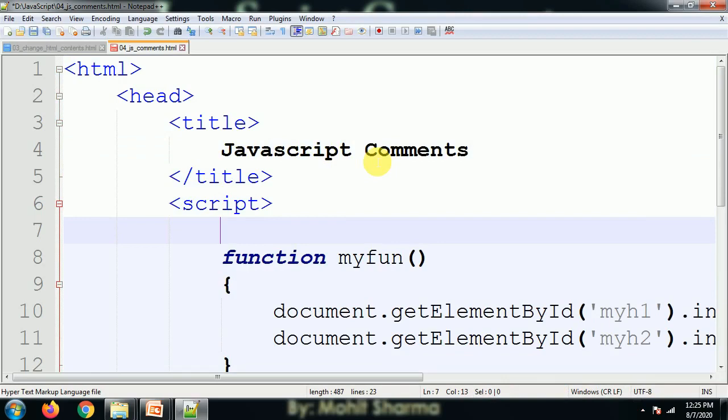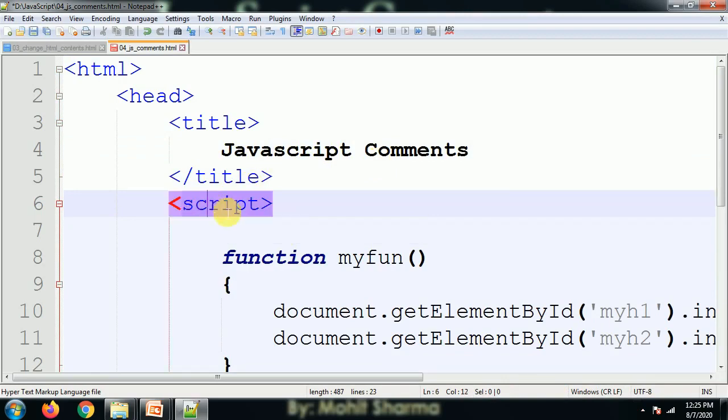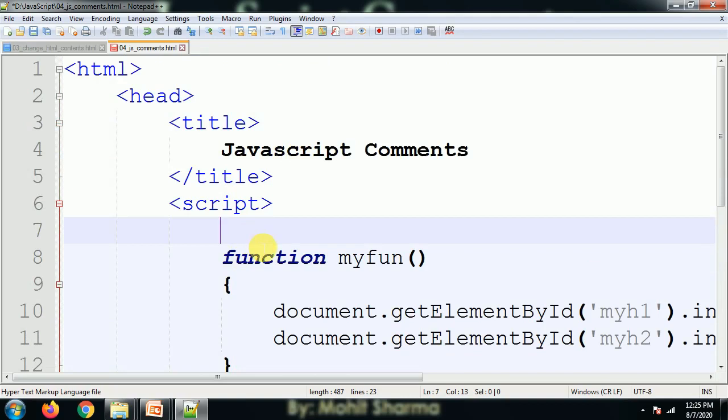In this script tag, you know very well that we can write JavaScript code. I want to give a message to the end user that this is the function which I have created. For that purpose, first use this double forward slash. Whatever I write just after it will be ignored by the JavaScript engine.